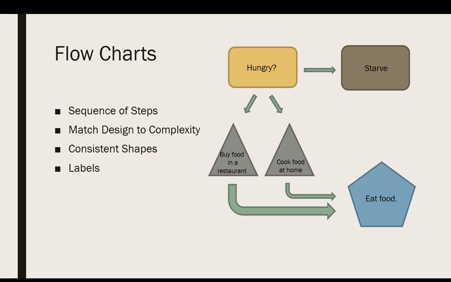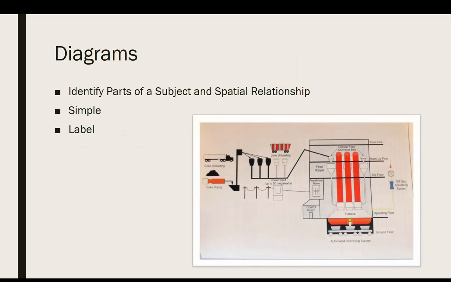So match the design to complexity, be consistent with the shapes, making sure that the shapes at the various levels of hierarchy are the same or different to distinguish them, and of course include labels on each element of the flowchart. Your diagram is another pictorial representation of a process, and here a diagram tends to be a simplistic design